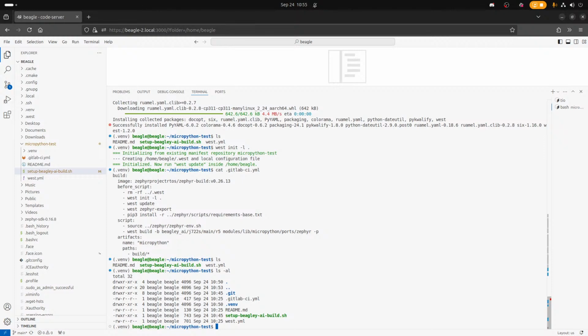I don't think you can specify where the workspace is located. Maybe you can do west init -l . and then specify the manifest using --mf west.yaml. It might create the workspace in the correct directory.